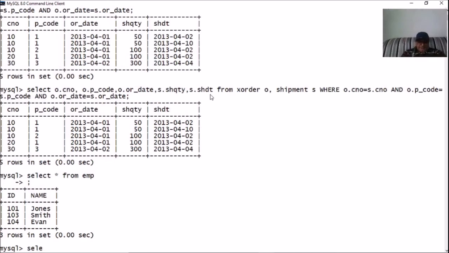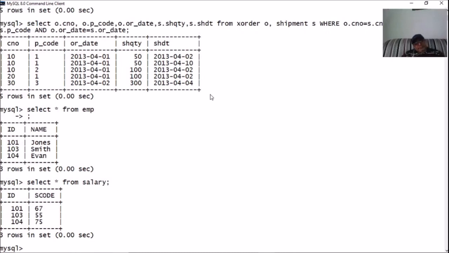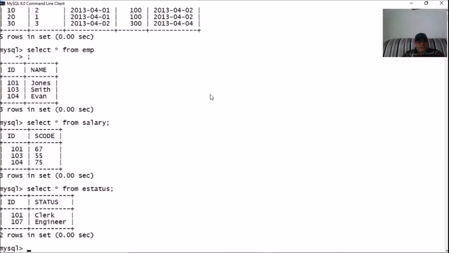The next one is the salary table, which consists of the salary code of the employees given in the employee table. The last table is for the status of employees. For example, 101 is clerk and 101 is 7.